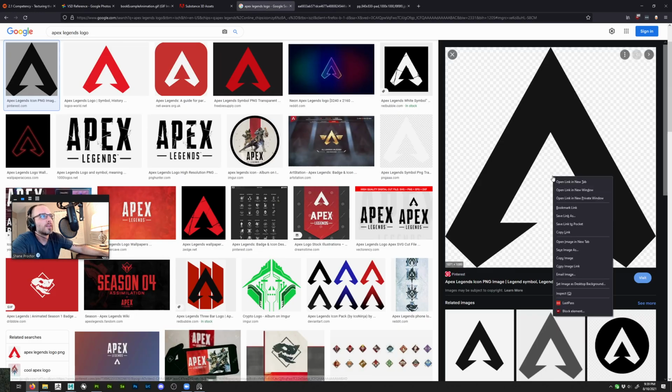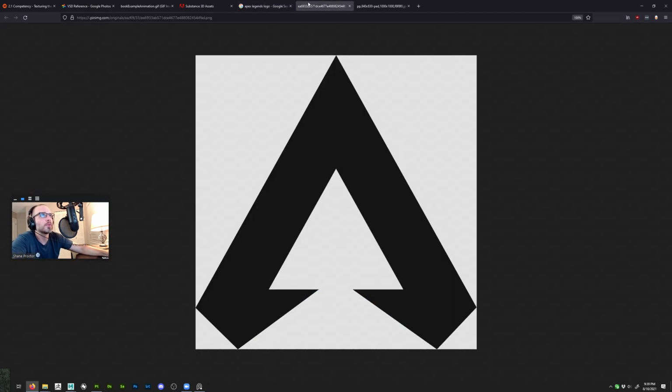So if you right click here and go to open image in new tab, you'll get the full resolution of the image, which is good, right? But I do need to make some modifications here, right? This is kind of inverted, and the grayscale here is a little off. I need this to be pure black and white. So I'm just going to go ahead and copy this image, and we'll take this into Photoshop real quick and